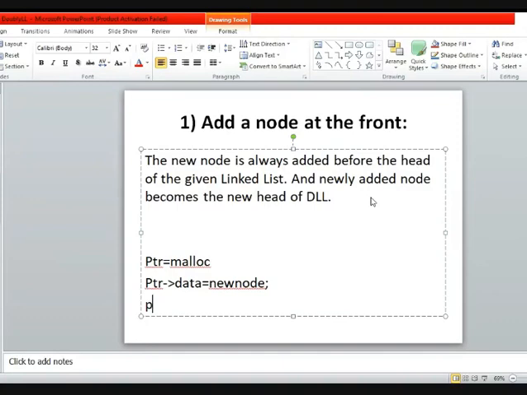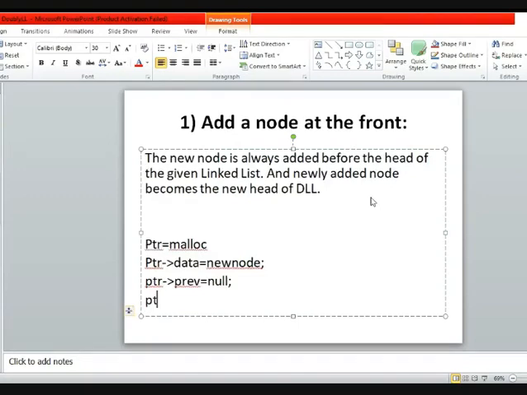And because you know this node is going to be the very first node, since you are adding it at the beginning of the existing list, you can easily assign ptr previous as null.